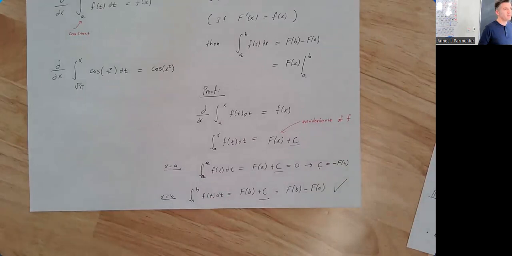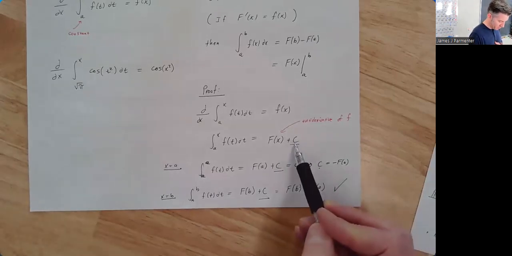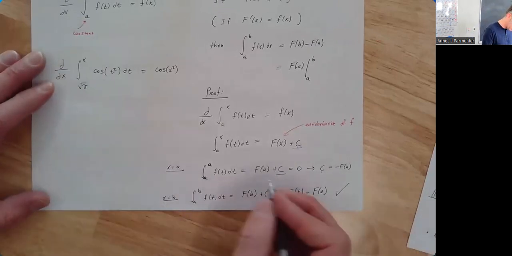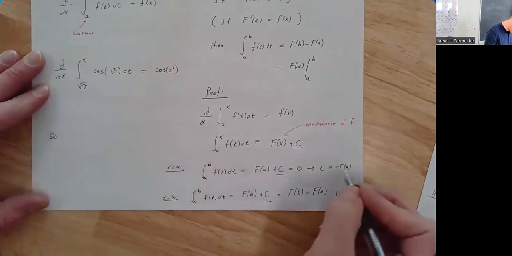It's kind of like, that's not a good example because we haven't talked about that yet. No, it's not a good example, sorry. It's kind of like we're specifically solving for C. We found C, oh, it's negative F of A. So really what I should have said here, I guess I should have said, so because of this,